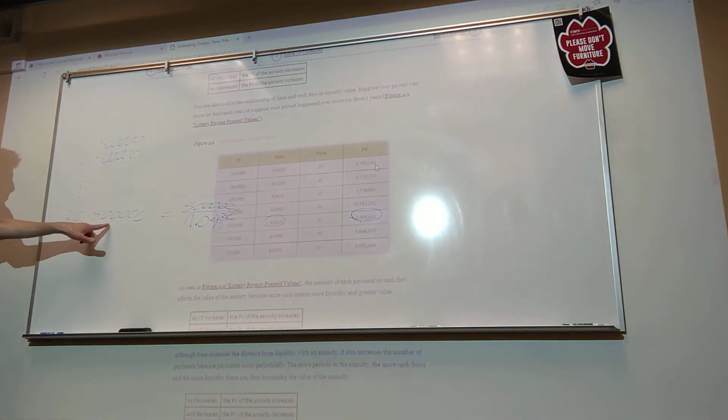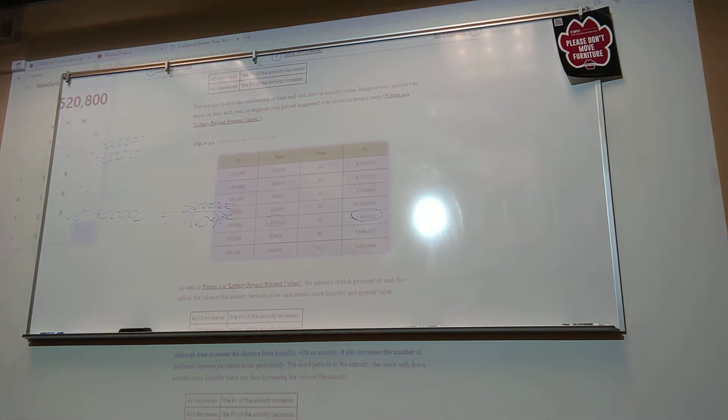So $500,000 20 years from now, given a 4% interest rate, has a present value of... all clear. 1.04 to the power of 20